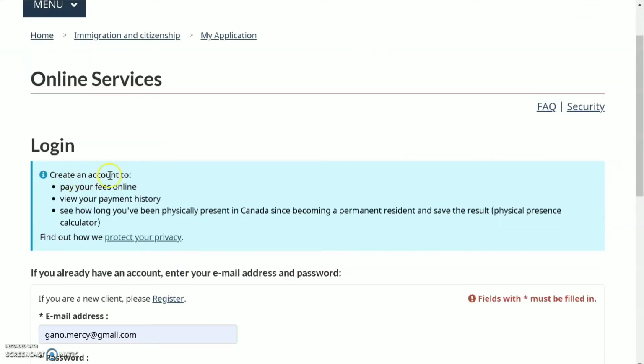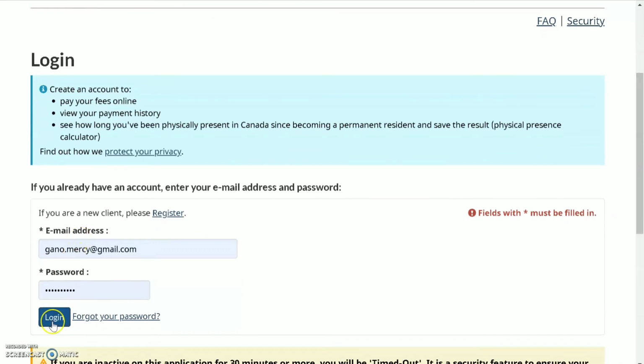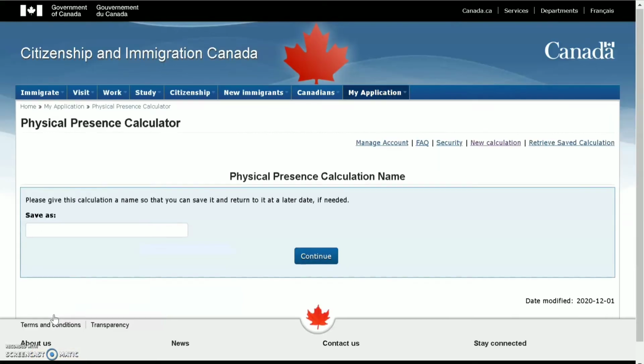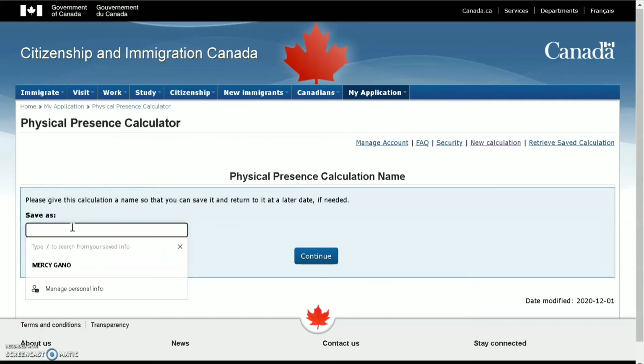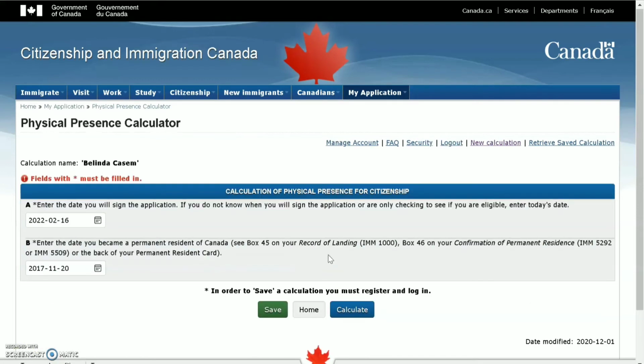So I already have an account. If you don't have any account in here, you can click on register. So since I already registered before, I'll just scroll down and click on login. So here I'll just enter a sample name. I can just put my name or a name. Okay, and after that